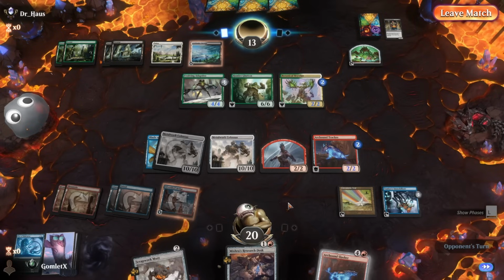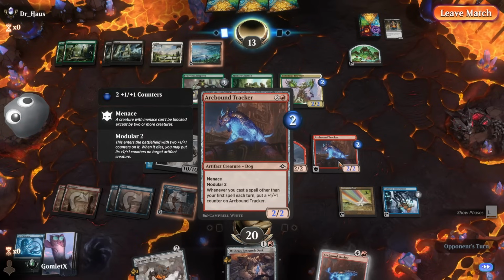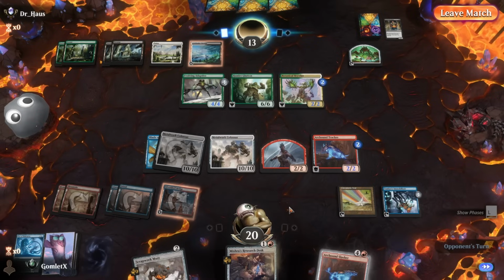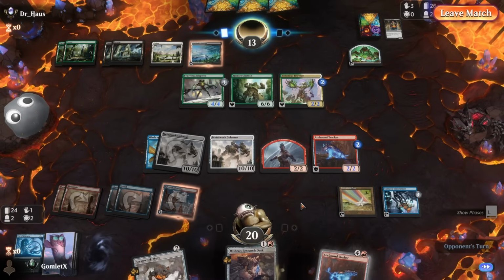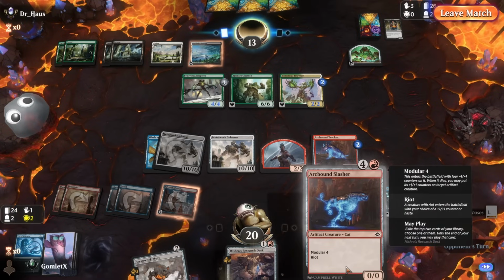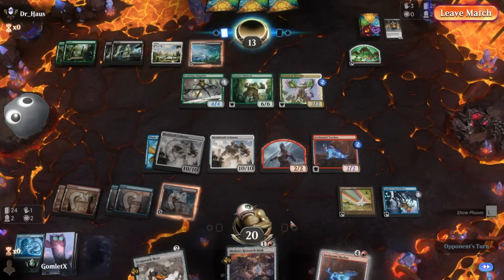In terms of recasting it, it would be slightly difficult, because we would have to sack an actual creature. We'd sack Tracker and Chromatic Star to put it back in hand. I guess I've got the research desk engraved now, so I could sack that after unearthing it. But if I wanted to do that next turn, I wouldn't be casting the slasher that I exiled, so...